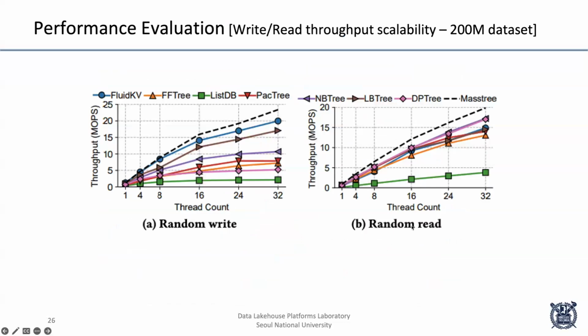So here they're going to compare the performance scalability with sufficient DRAM, with 200 million random writes and reads with different levels of parallelism. In this figure, FluidKV shows write scalability, showing that they absorb the writes rather quickly, like they promised, with a highly parallelized index and their thread exclusive logging, etc. In this figure, they show the read throughput. We can see that FluidKV performs similar to most single stage and approximately up to 4 times higher than listDB, which is